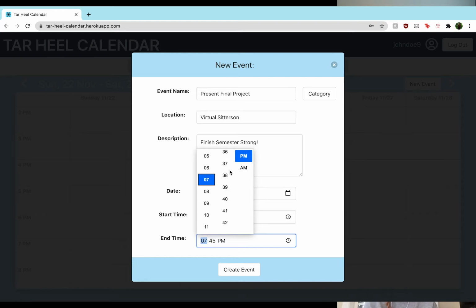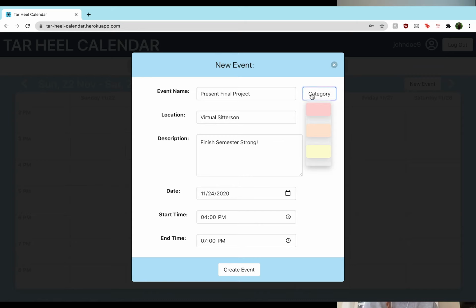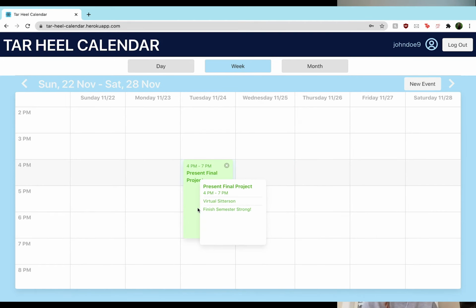And that's gonna go till 7. And we actually have the ability here to select a category. So you can have categories for like school and work and stuff like that. So we can go ahead and select a color. Let's say we want this to appear in green on all of our calendars. So there we go, we create that event and it goes ahead and just shows up on all of our